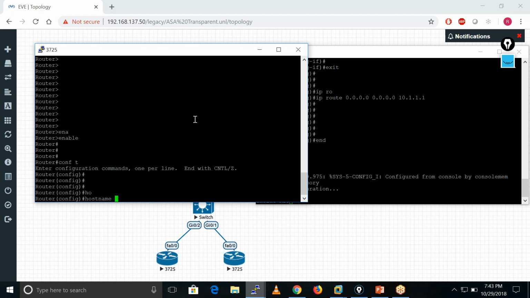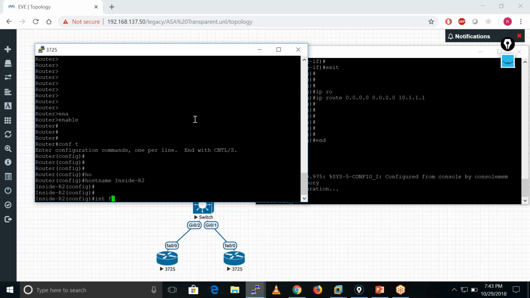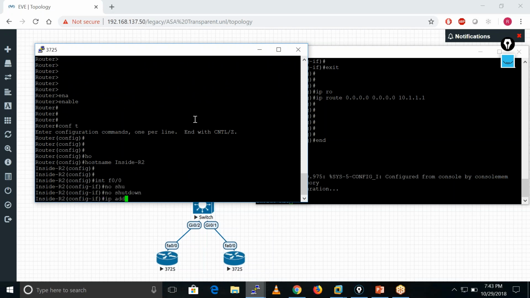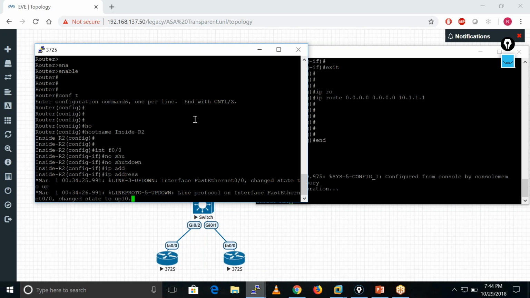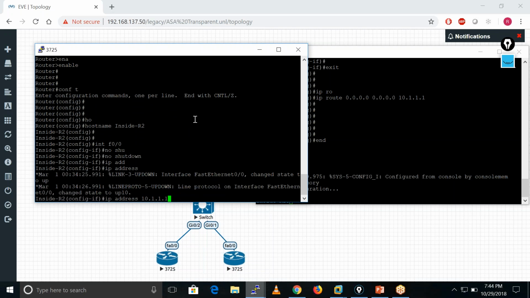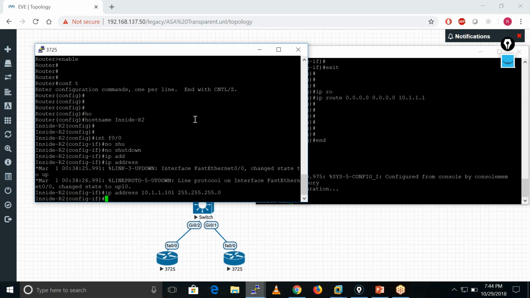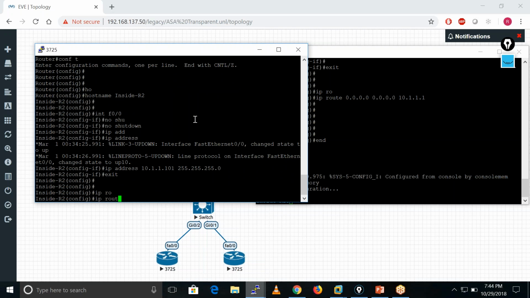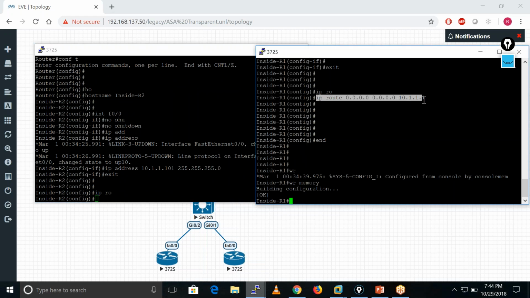The host name inside R2, interface 0/0, no shut. IP address 10.1.1.101 255.255.255.0. I'll just add one route. So let me copy that same route from here and paste it over there.